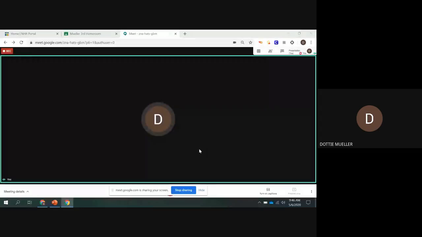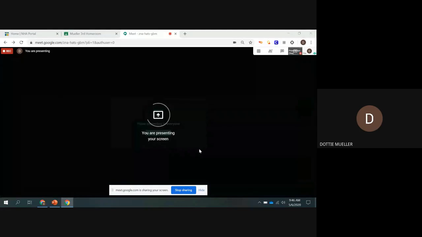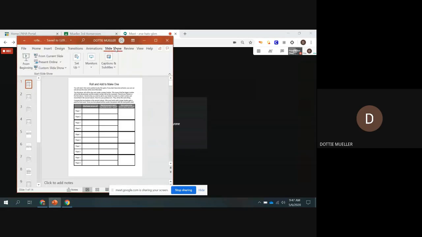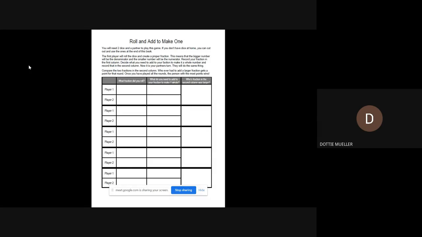Morning. We're going to play a game called Roll and Add to Make One. It is a game that will help with fractions. It can also be found in your math book, your second math book. So the directions for Roll and Add to Make One is that you'll need 2 dice and a partner to